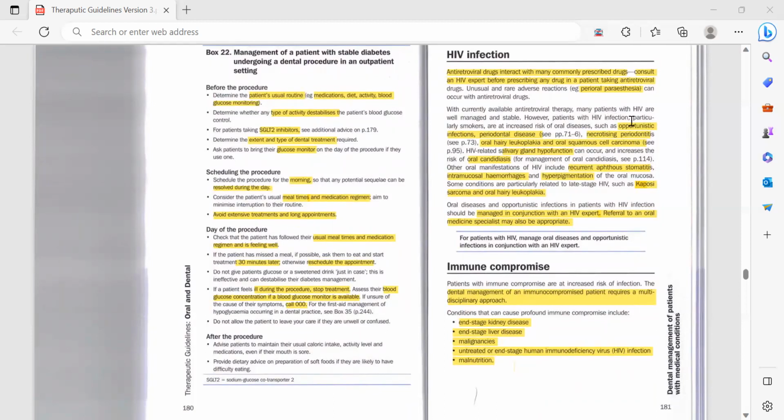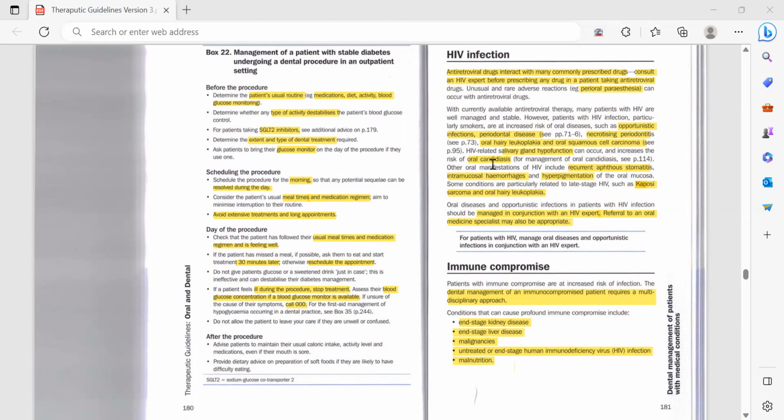However, patients with HIV infection, particularly smokers, have an increased risk of oral diseases such as candidiasis, which is an opportunistic infection, then periodontal disease, necrotizing periodontitis, oral hairy leukoplakia, and squamous cell carcinoma. HIV-related salivary gland hypofunction can occur, which would increase the risk of candidiasis, because if there is dry mouth and the immunity is low, the chances of candidiasis are